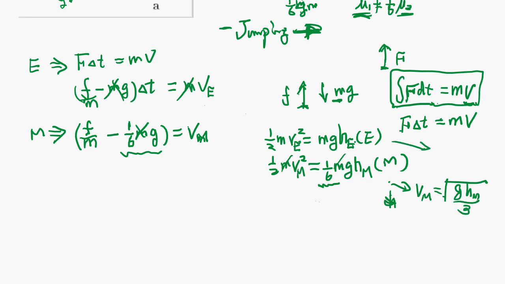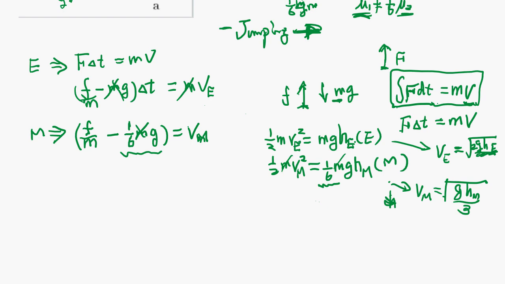This is going to give us ve equals 2g height. Over, no, there's no over. Okay, so